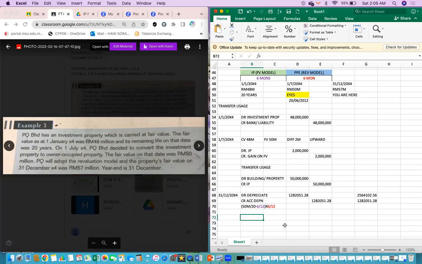Alright, so now I'm going to put here the carrying value, just to reduce the confusion, otherwise you often make mistakes there. So I pull that out. Now the carrying value is what's the value of this asset? Previously it's 50 million. However, it has been depreciated once. So the carrying value now would be 50 million